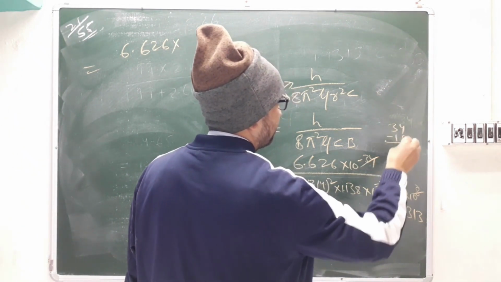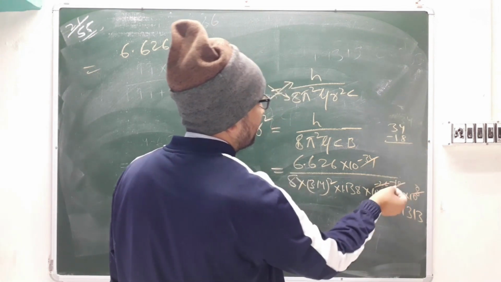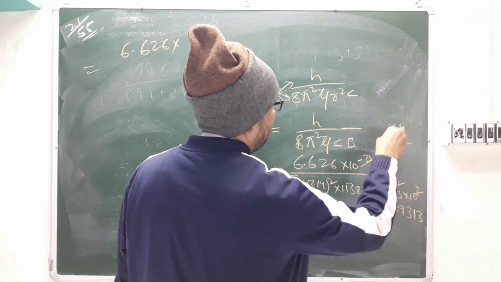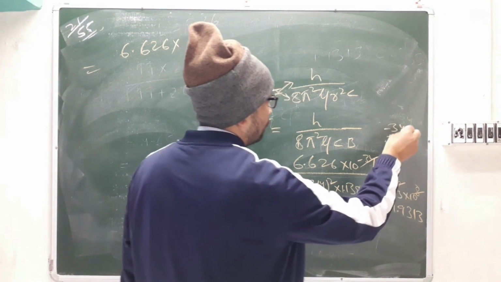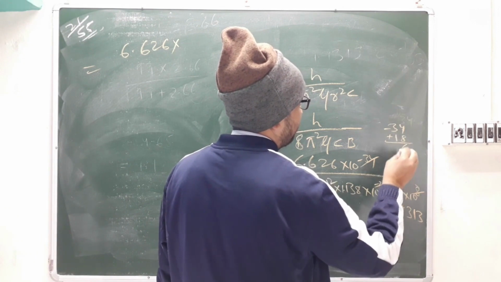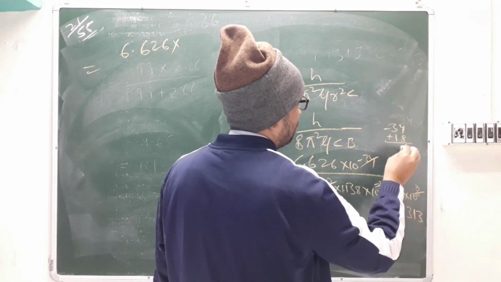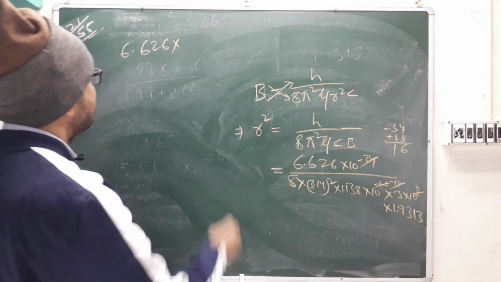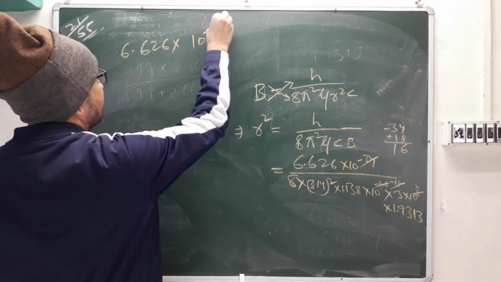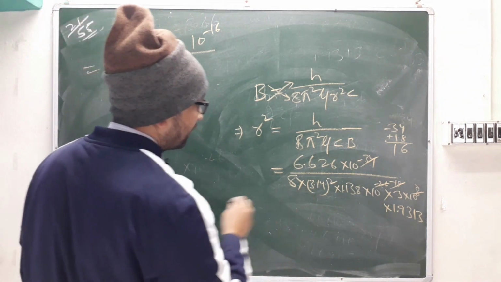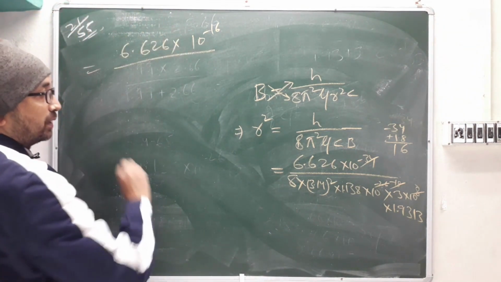How much is it coming? Because this minus will go top, right? So it will be plus 18, and minus 34. How much is it coming? 4, 8. It will be 6, and here it will be 2, 1. It will be 16. Correct? So 10 to the power minus 16 divided by, here the value will be,